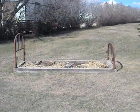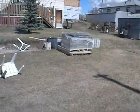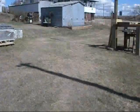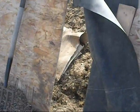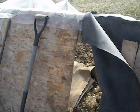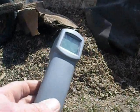I got to get some around this bed yet, so I'm going to get at some of that today. I know I've got other projects on the go, but I got to keep up with this stuff too. So the compost house is hot today. We're going to turn up some of the well composted stuff and mix in some of the not so composted. I've got the heat gun out,